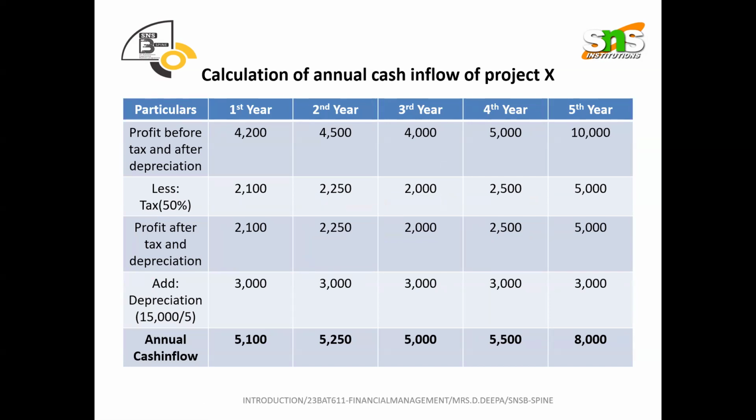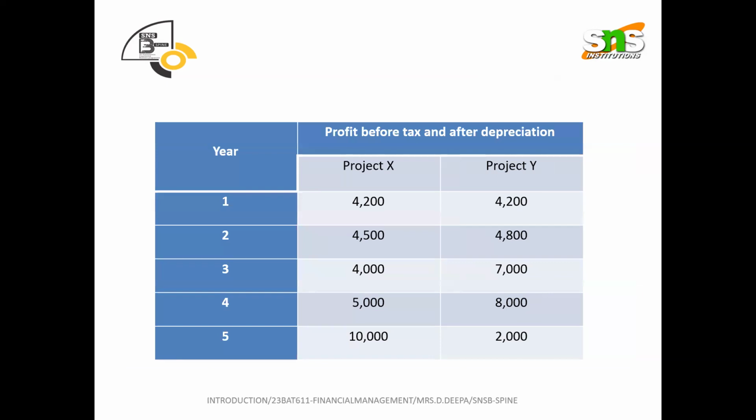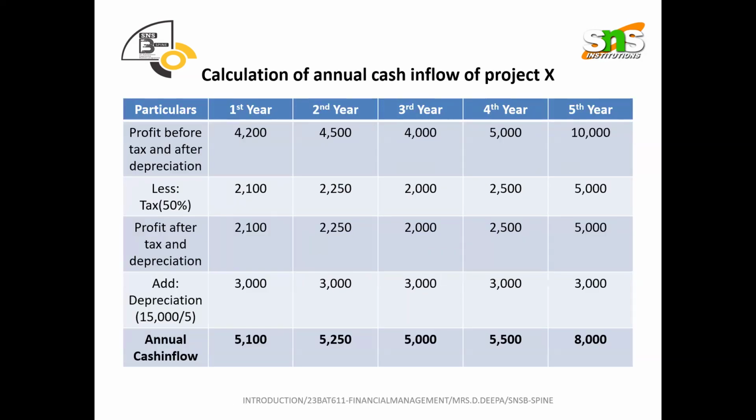For particulars, since it is for 5 different years, we have first year, second, third, fourth, and fifth. First, the detail we need to put is profit before tax and after depreciation, which is given in our problem as 4,200, 4,500, 4,000, 5,000, and then 10,000. We will be inserting all the different data given in our question, that is profit before tax and after depreciation. Next,